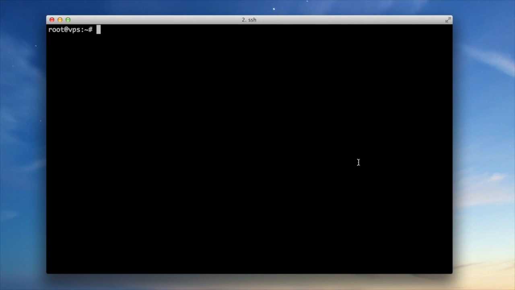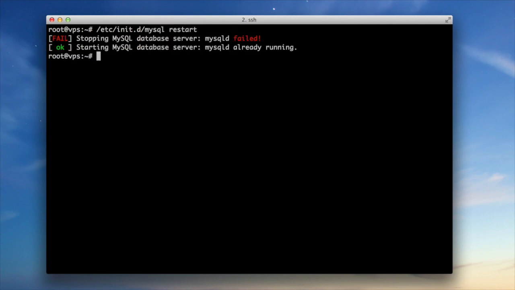There is one more thing that you need to know about MySQL. If you try to restart MySQL by the standard procedure, it will not work correctly. MySQL doesn't stop and doesn't start again, it's just broken. Why? Because you remember that your root password was not set up correctly because MySQL was broken. So Debian used some Debian maintenance account for restarting MySQL. This account setup is kept here